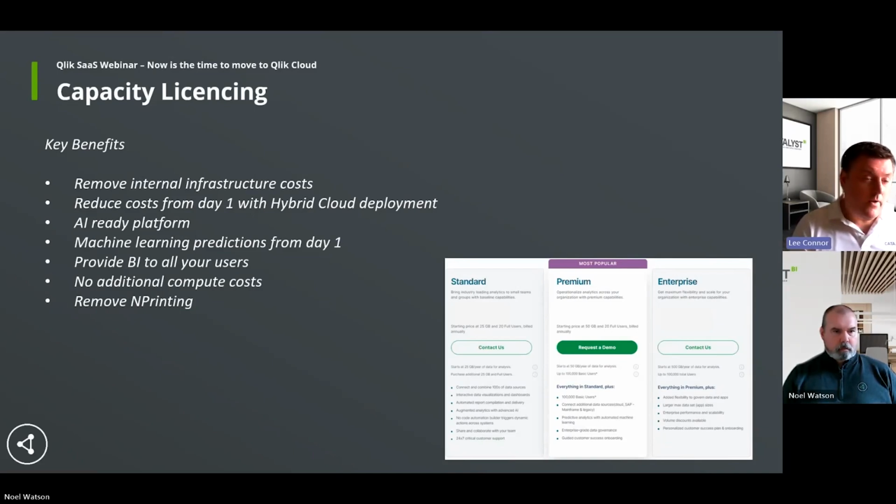Now, what a lot of the customers are telling us is actually the cost of migrating into SaaS using capacity is vastly outweighed by the removal of those infrastructure costs. Pretty much every customer that we're speaking to currently, if you remove those infrastructure costs, you could move to cloud and actually be, from a cost perspective, cost negative. So it's going to basically save you money moving to SaaS, and you also have all the other features that we've seen